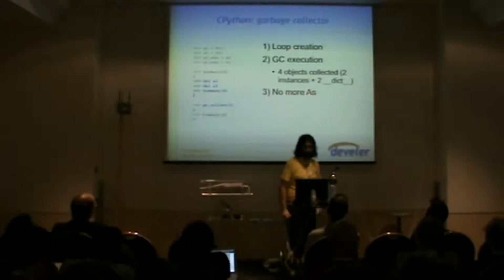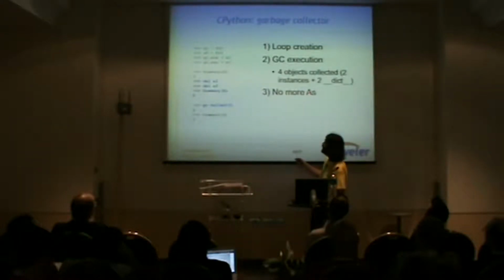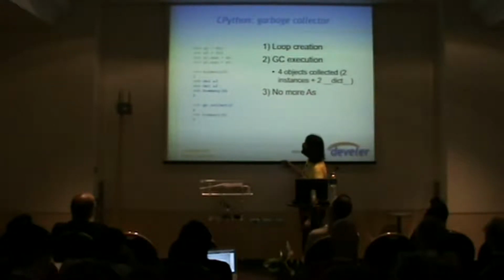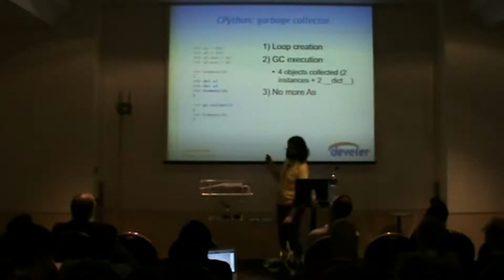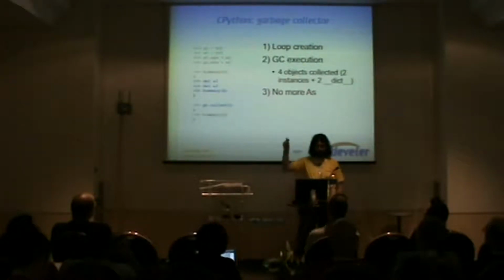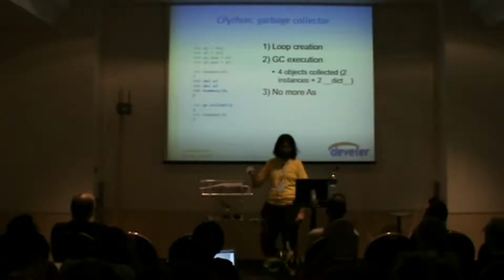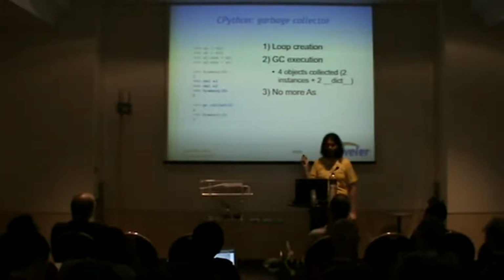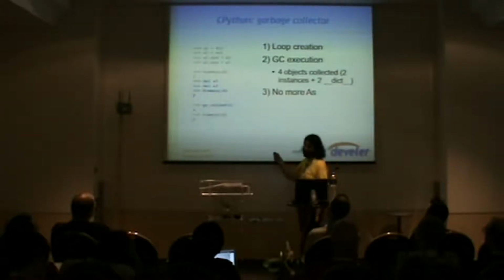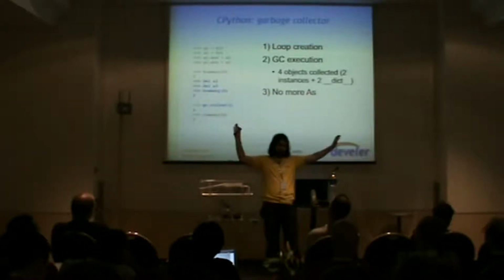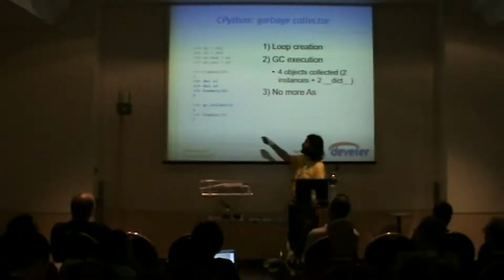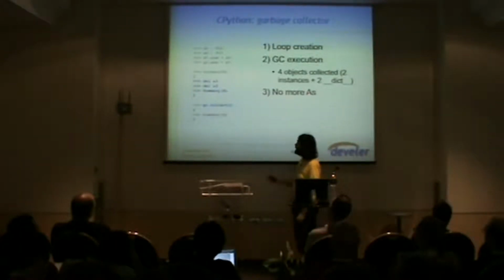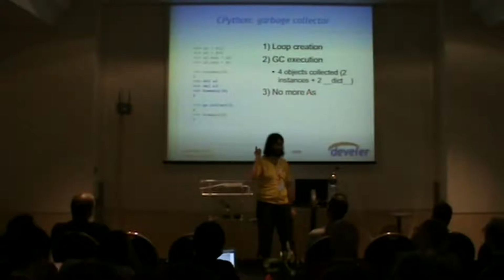Let's try this in the real world. Again, A1, A2. I create a cyclic reference here. You see? A1 references A2, and A2 references A1. So we have a loop here. If I ask how many A instances there are, there are 2 instances. You remember that 'how many' was filtering the list of all Python objects. Okay, so there are 2 A instances. I delete A1 and delete A2.